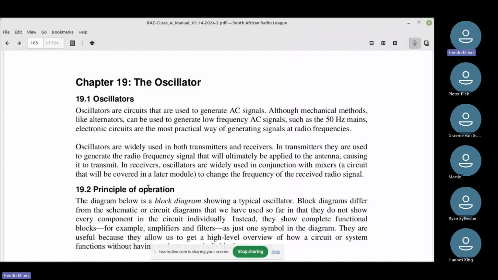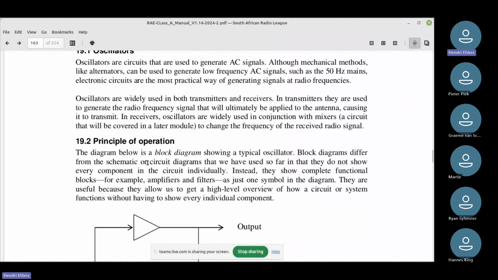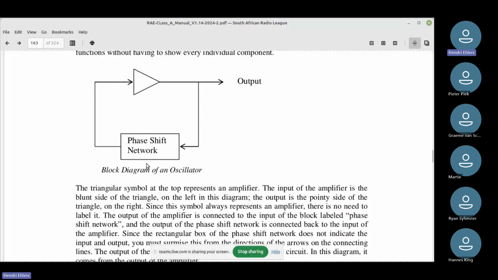And in this particular case, let me just scroll so you can see it as well. In this particular circuit, they've got a triangle at the top there, which represents an amplifier. Now, any amplifier in a block diagram will always be a triangle, and that's why it's not labeled. The phase shift network, which is in the square at the bottom, is descriptive.